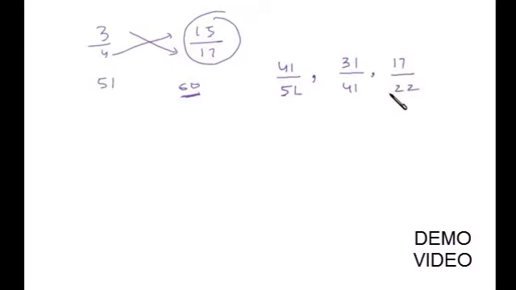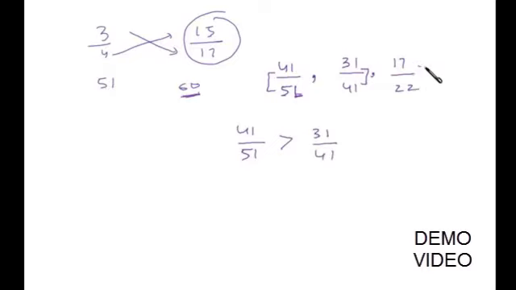Now, if you are not able to quickly cross multiply, or if the data are a bit bigger, though you can get an approximate idea of the calculation, but then also just listen to me carefully. See, here the difference between denominator and numerator is 10. Here the difference is 10, right? So if the difference between numerator and denominator is the same, that means the fraction which has the higher numerator will be higher. So from these two, this will be higher, right? 41 by 51 will be greater than 31 by 41.